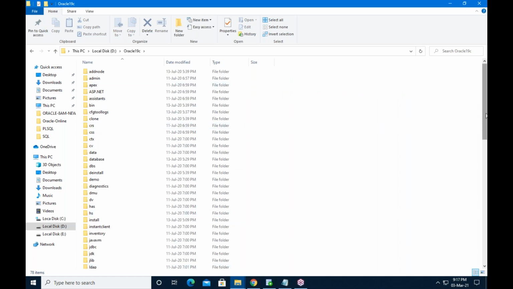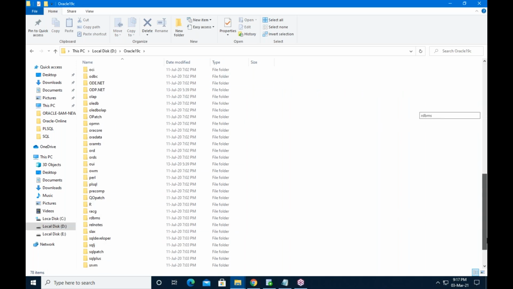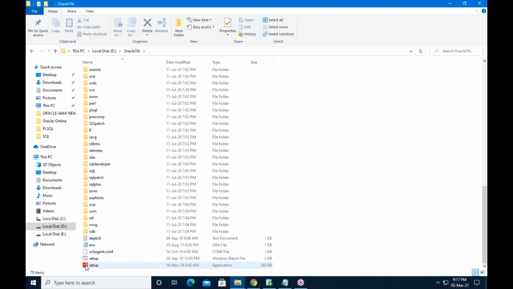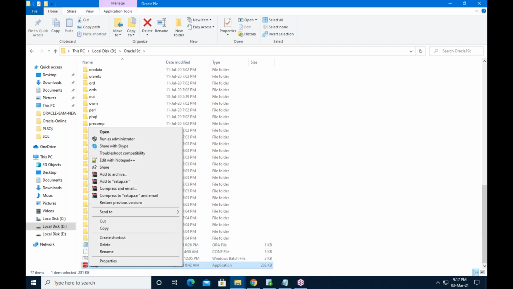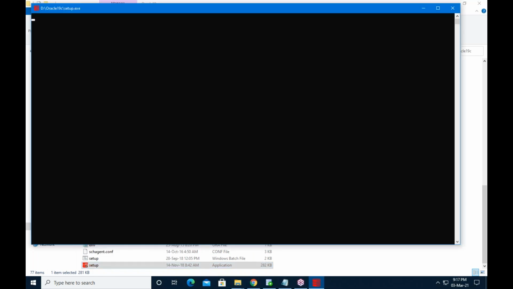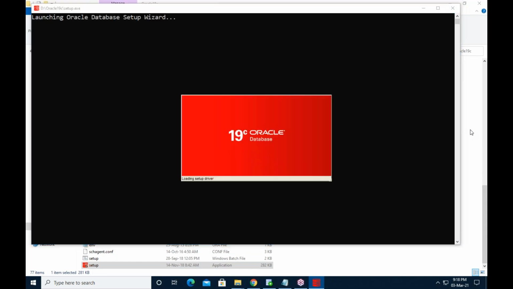If you open that, you can see at last you have a setup file. Right click on the setup file, run as administrator. Then your Oracle 19C installation process will be started.